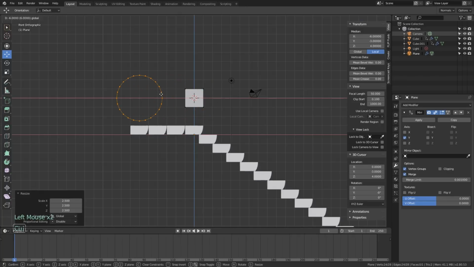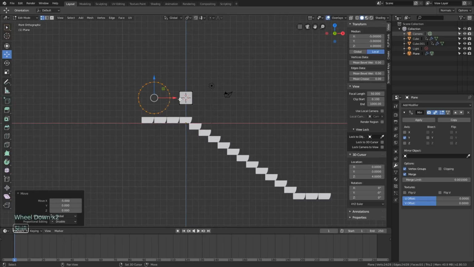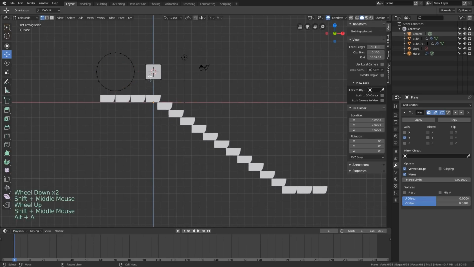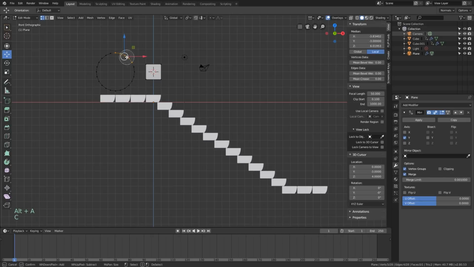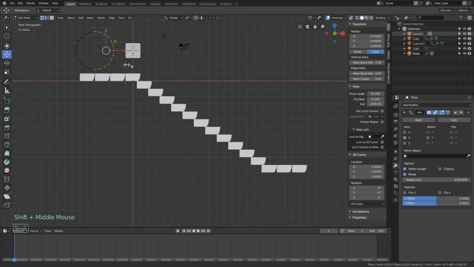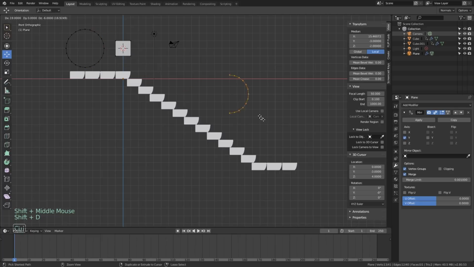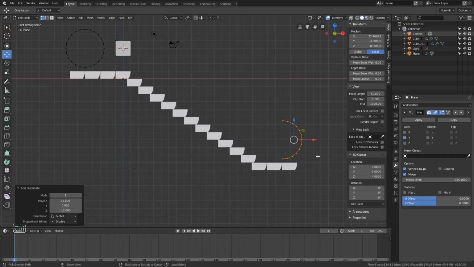And then I'm going to move this over just to kind of where I would want that to start, maybe right there. And now what I'm going to do is select this other half, duplicate it, and then put it somewhere down here, kind of where I'd want that to start or finish, whichever way you're looking at it.